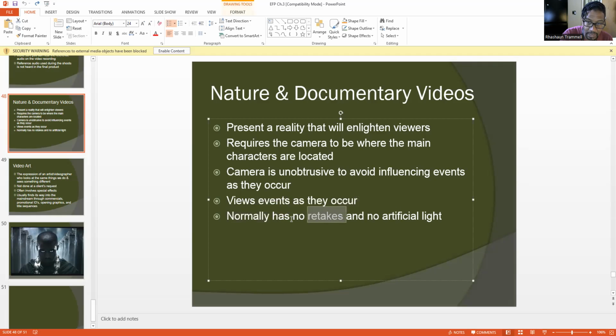Also, artificial light usually doesn't happen in those types of things, where you're following people around or doing animals, because that messes with what's happening. You may also just not be able to get it; people may be moving where you don't have time to set up lights, and having a bright light blasting off your camera does have an effect on what would happen. So anyway, pretty sure that is everything.